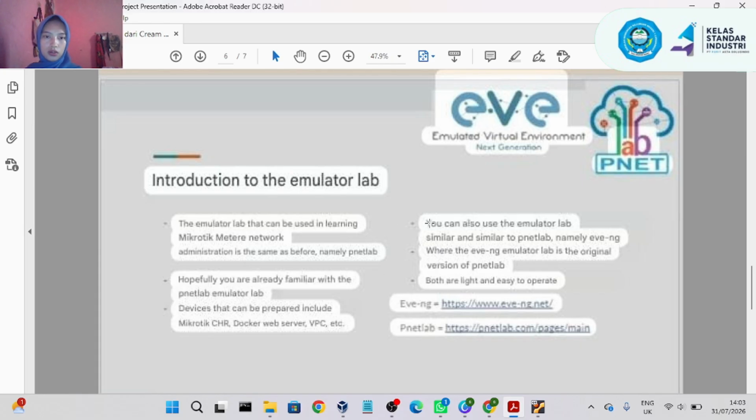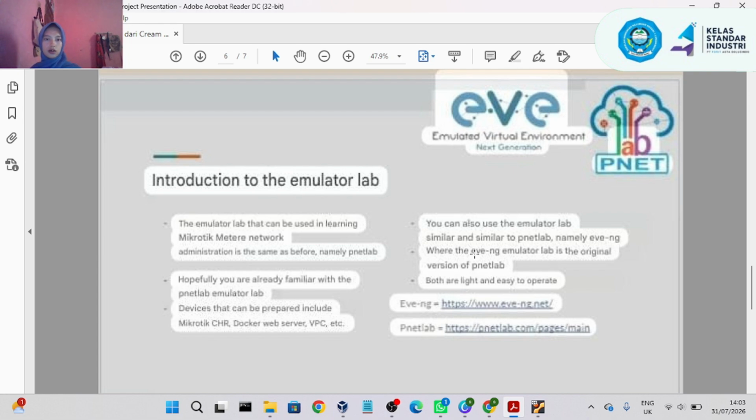Carry on. You can also use the emulator app, similar to PNetLab, where you name a file.